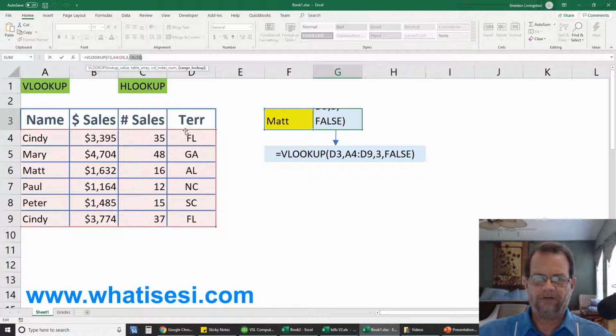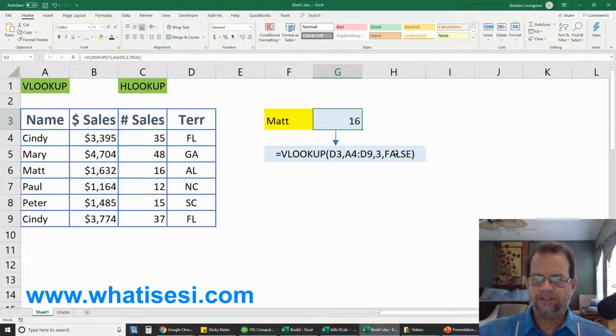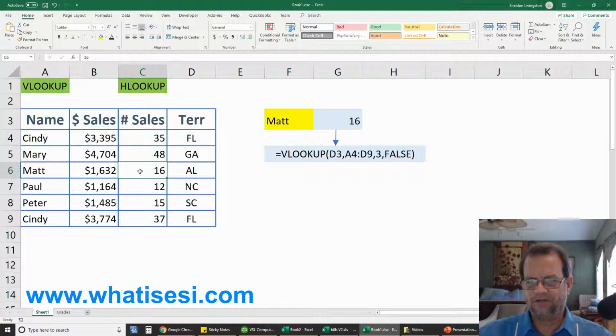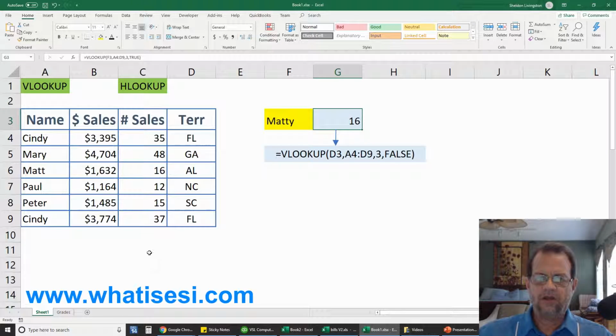Let's look at the last parameter and change it to true. Changing this last parameter to true allows us to look for approximations as well as exact. So because Matt does appear in here exactly, I get the number 16. It goes over, finds Matt here, bounces over to column 3, and returns the 16. Let's say I change Matt to Maddie. I will get the 16 again, because what happens is Excel will